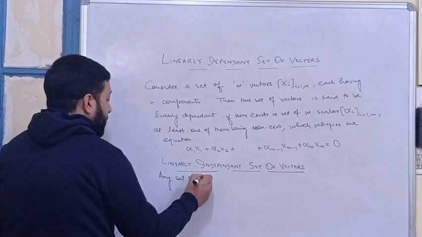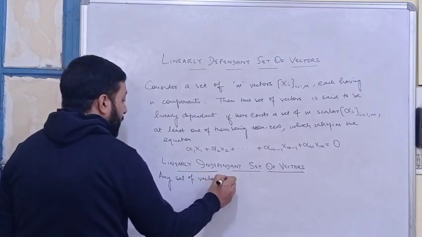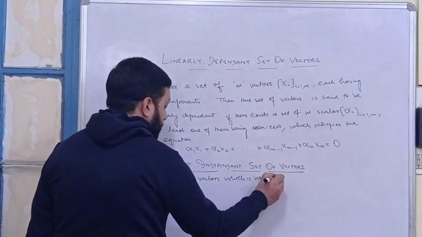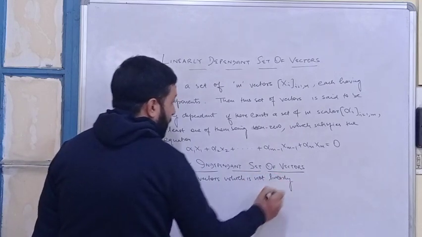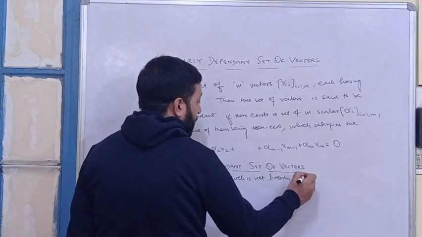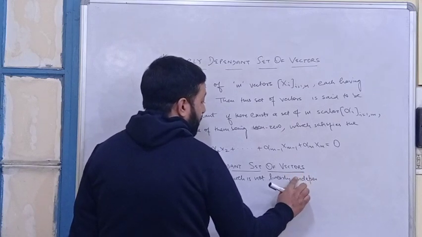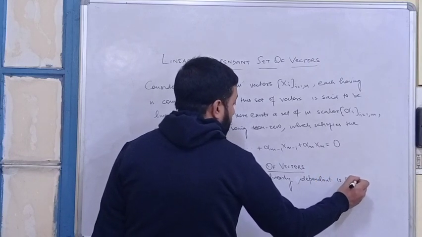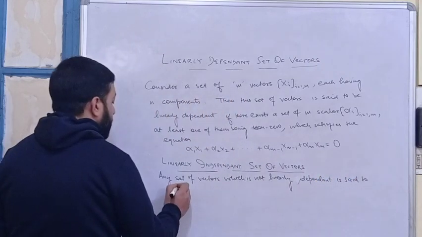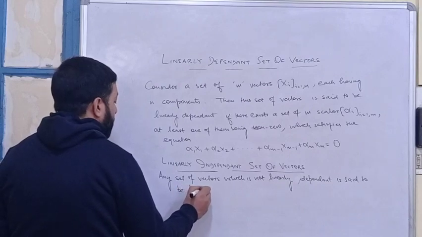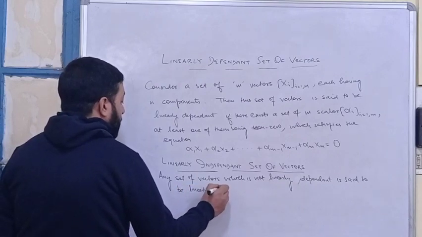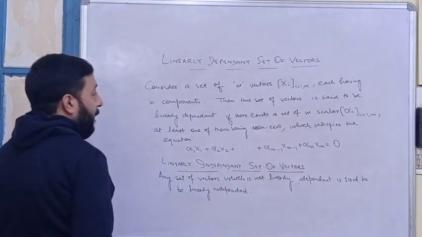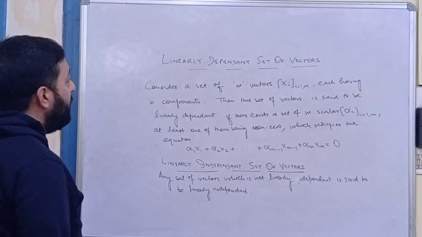Any set of vectors which is not linearly dependent is said to be linearly independent. Okay? Yes, sir. So a set of vectors is said to be linearly independent